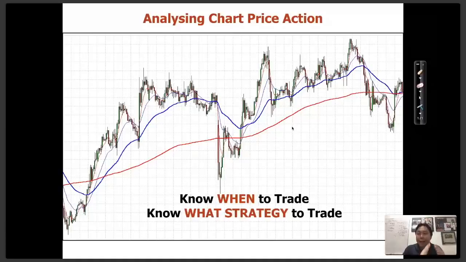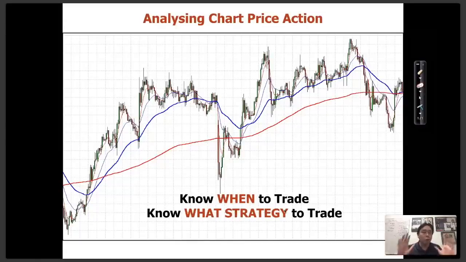There are days when I do not trade at all. Sometimes even 3 days in a row, I do not take a single trade. Why? Because when I look at the price on the charts, it is not tradable. I'll share with you what I mean by not tradable: the price is not moving in a pattern which I'm looking for. That's the first thing. Next, once you see a pattern, you must understand which strategy to trade when you see a particular pattern. Let me go through that in greater detail.